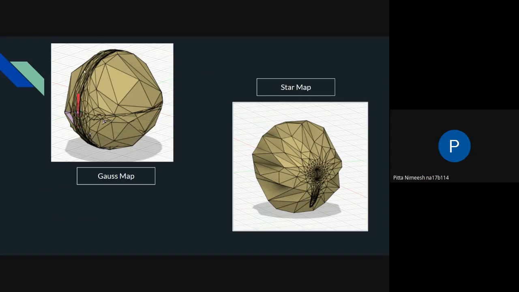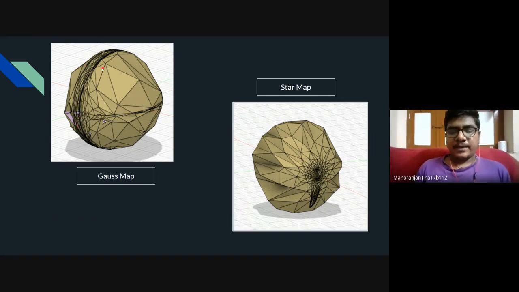So what our subsequent algorithms like Tutte and Harmonic should do is try to reduce this overall congestion, and try to split out the panels and make a uniform spread of the panels around the sphere. But in the case of our typical Gauss map algorithm, since there were a lot of panels in this small region, it wasn't able to effectively remove all the overlaps that we see.